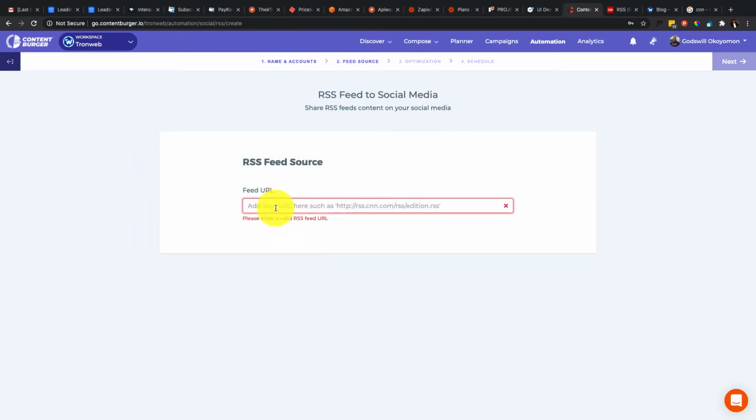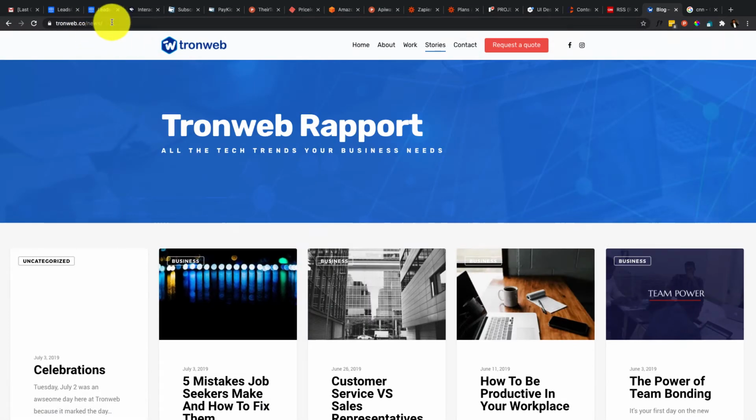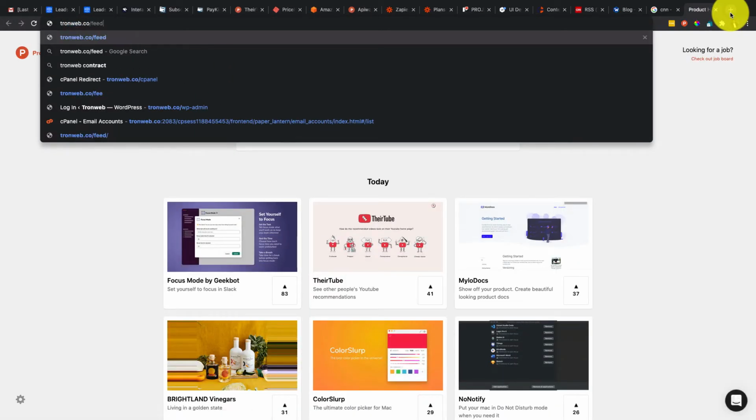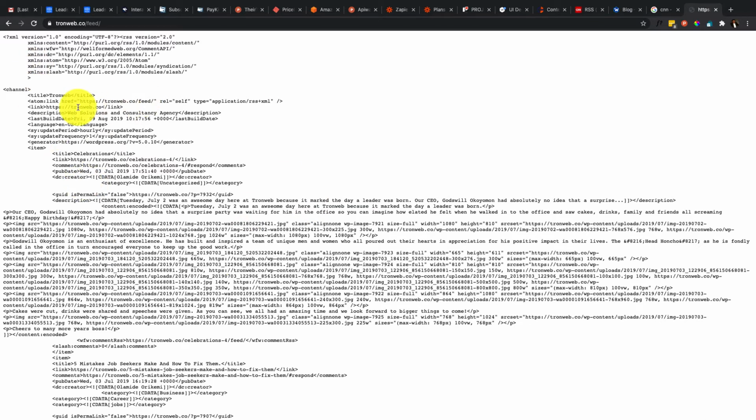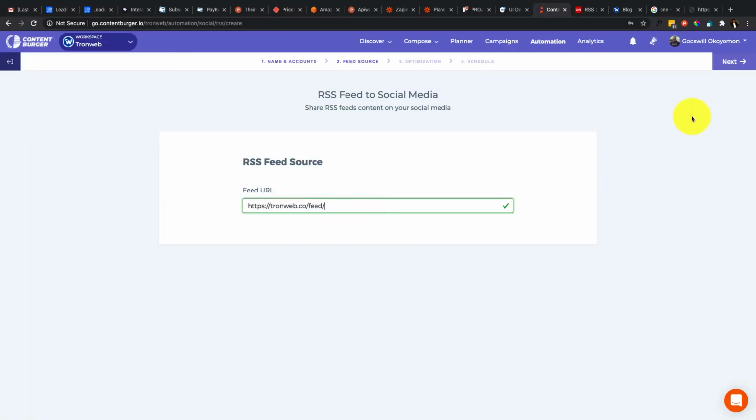Moving to next, now this is where you add the RSS feed URL proper. If it's a default WordPress site, like for this URL, this is a WordPress site, and I know it's a WordPress site. So if you have a WordPress site, what you need to do is pretty simple. Just go to your domain/feed. Going to your domain/feed will generate something like this. If you see something like this, that shows that this is the correct URL for the RSS feed. So what you can do now is click on copy, move into ContentBurger, add the URL, and then click on